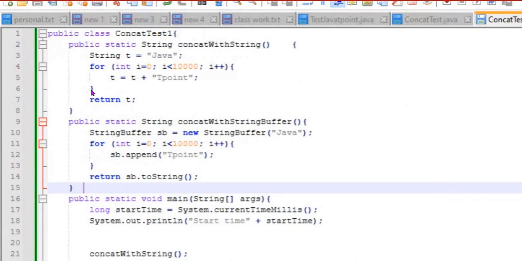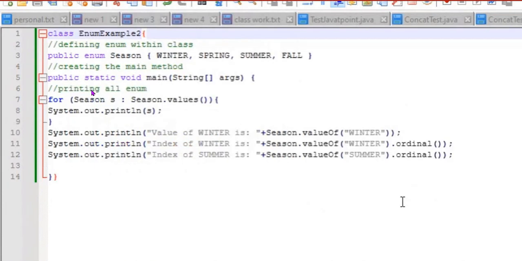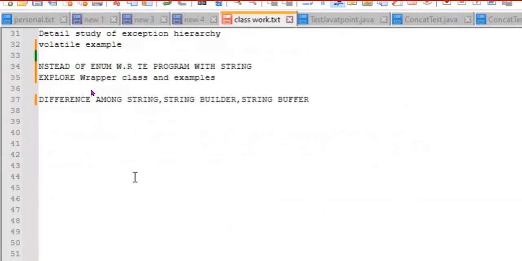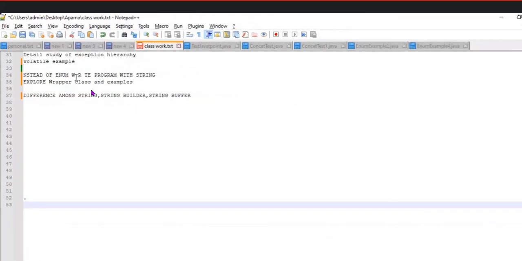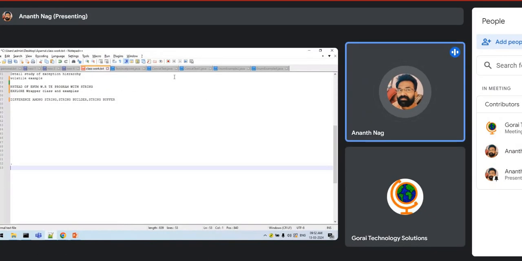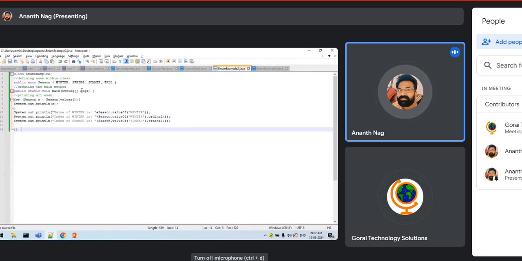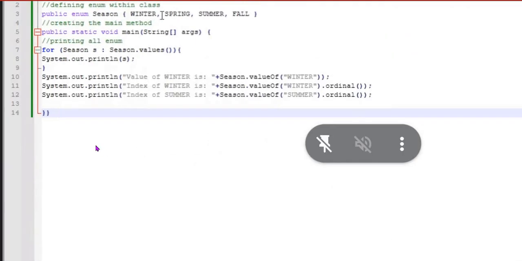Sure. And this one, yesterday, as you told me to find the difference from my end only between this string, write a program with enum and string, no, sir. I didn't write the program, but what I understood is if something like enum season, we are